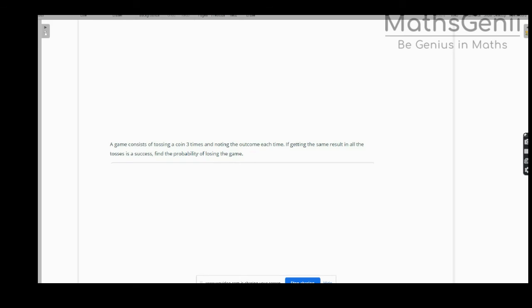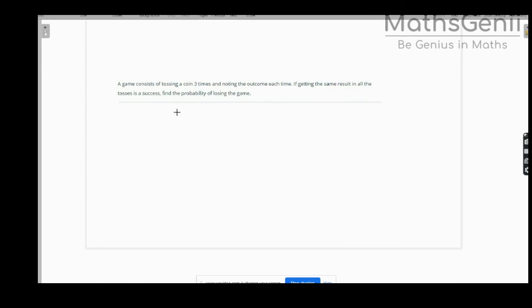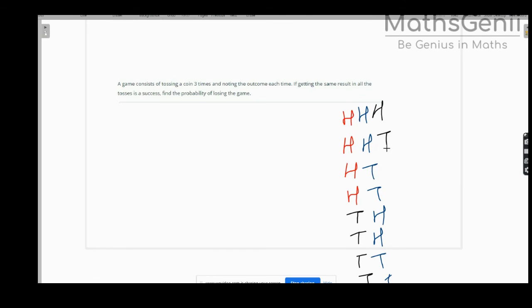Okay. Now look at this question. This has come from probability. Read this question carefully. It says a game consisting of tossing a coin 3 times. So when you toss a coin 3 times, how do you write the table? Look at this. H, H, H. Then you write T, T, T 4 times. Then you write H, H 2 times, T, T 2 times. Here you have written 4, here you have written 2 times, and here you will write only 1 time. Alternate HT, HT, HT, HT.